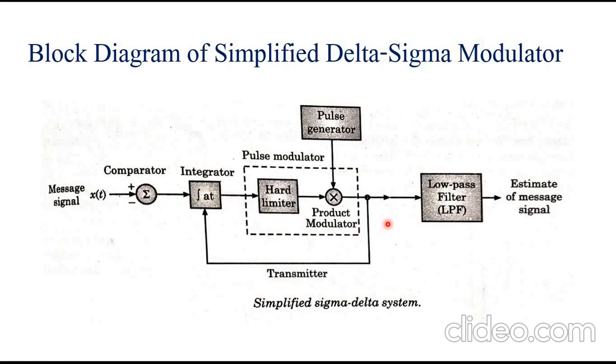In delta sigma modulation, a smooth version of 1-bit PCM data is generated at the transmitter side. The smooth version means the output of the comparator is integrated before the quantizer, as shown in the second block diagram, and the hard limiter in the quantizer generates only two representation levels, plus and minus 1, called 1-bit PCM data. So this is the overall delta sigma modulator.